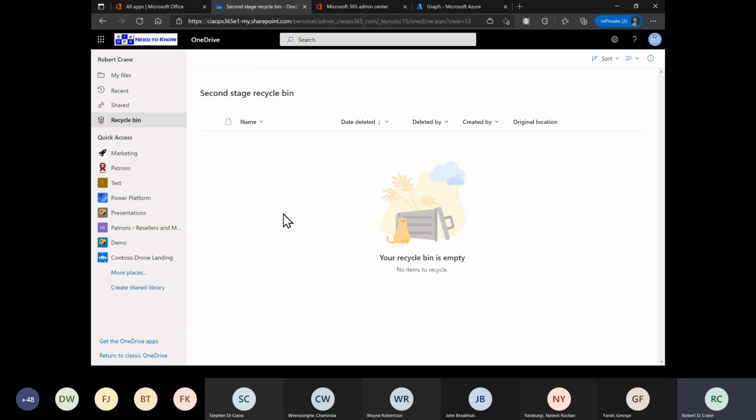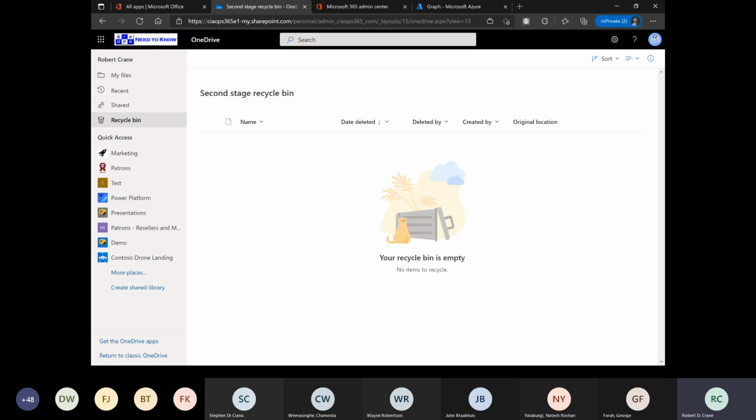So by default, we get the library, version control, we get a 2-stage recycle bin out of the box. That will cover us if there are any changes made to the file and we want to roll back to a previous change. And it will also cover for up to 500 versions, and it will cover a 93-day